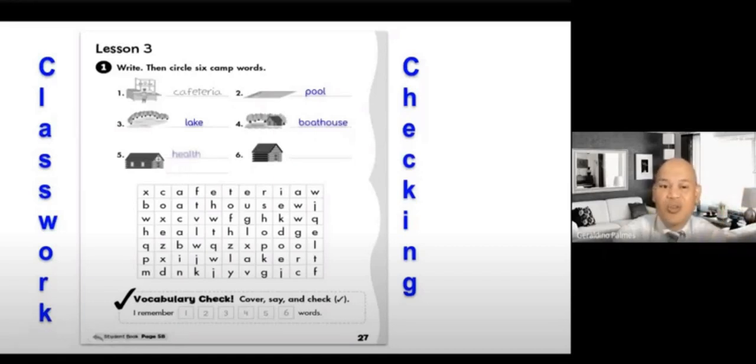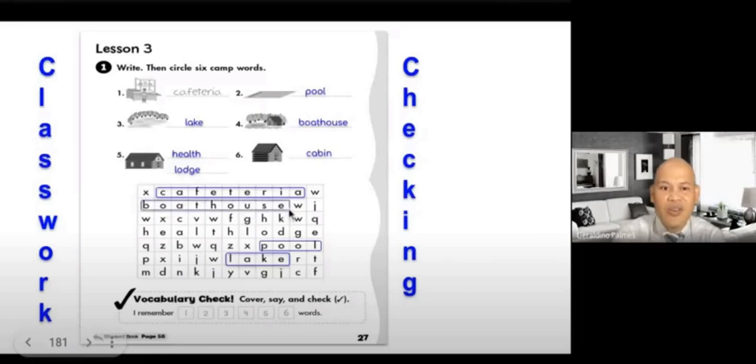Health lodge. Okay, great job. Health lodge. Number 6. Cabin. Okay. And then you find the word cafeteria, pool, lake, boathouse, health lodge,